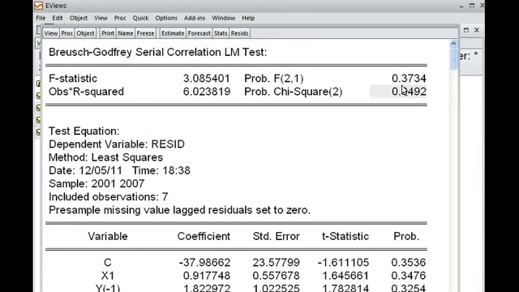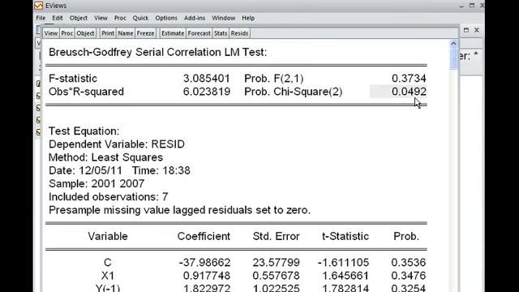So as the p-value is 4.92%, we can reject the null, meaning that we accept the alternative hypothesis, meaning that our model has serial correlation, or autocorrelation, same meaning, but autocorrelation is not desirable. We must remove it. The question is how to remove it?